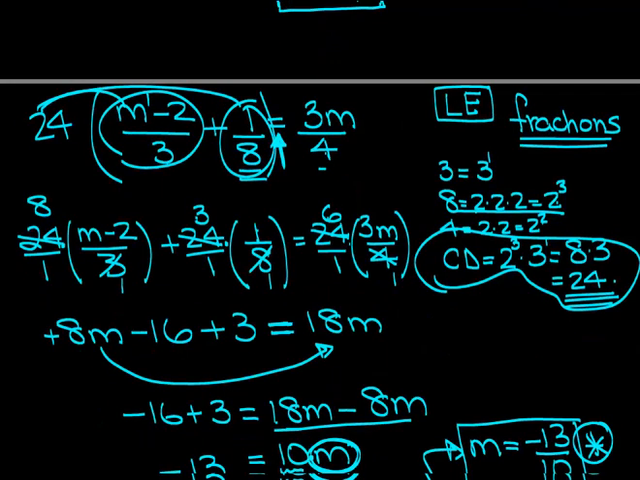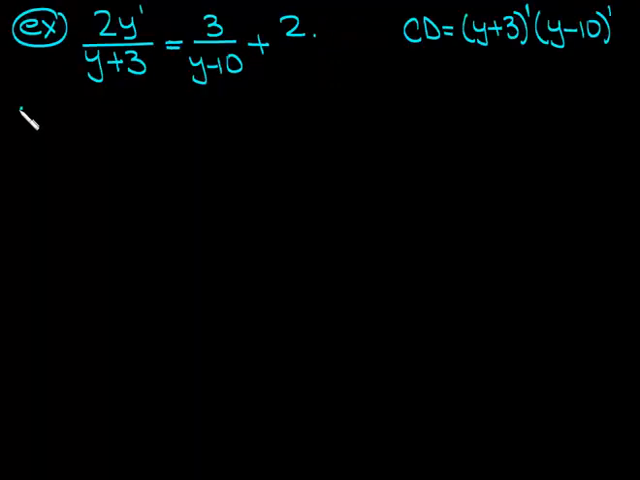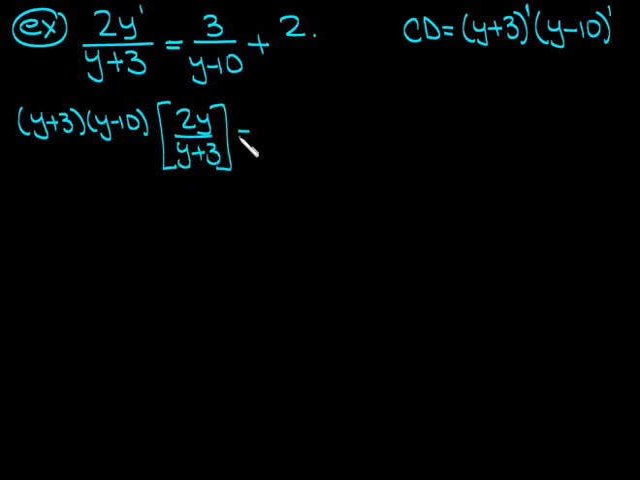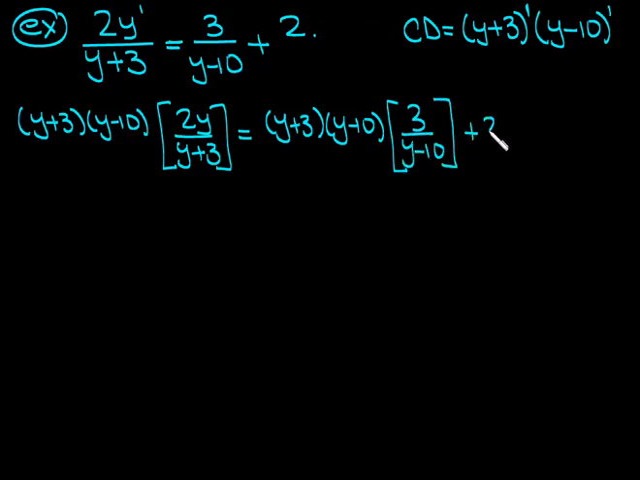Multiply each term by the common denominator. So I get y plus 3 times y minus 10. You multiply that by 2y over y plus 3 is equal to y plus 3 times y minus 10. You multiply that by 3 over y minus 10. And then you have 2 times y plus 3 times y minus 10. Okay, so we're multiplying each term by the common denominator, and again we're doing that to get rid of the